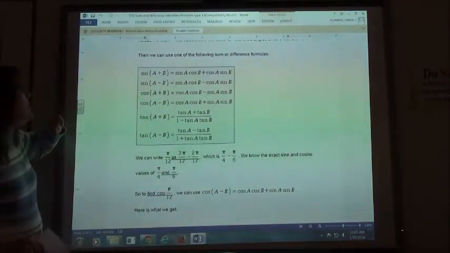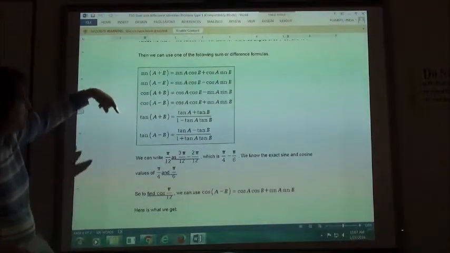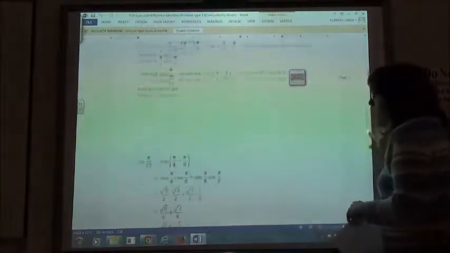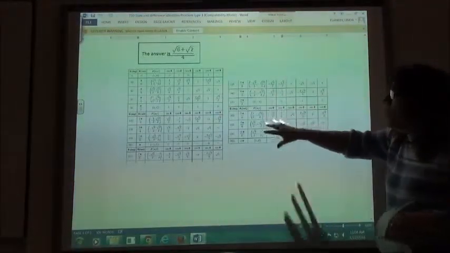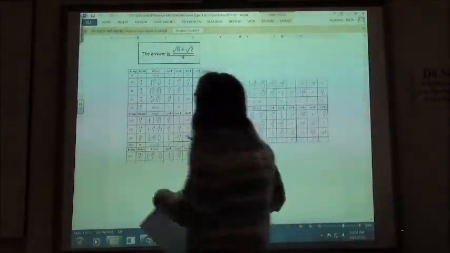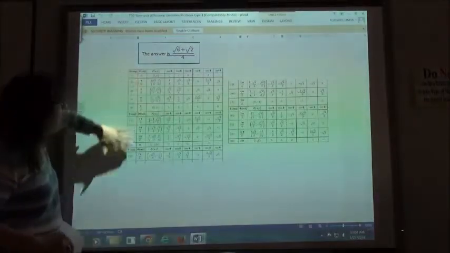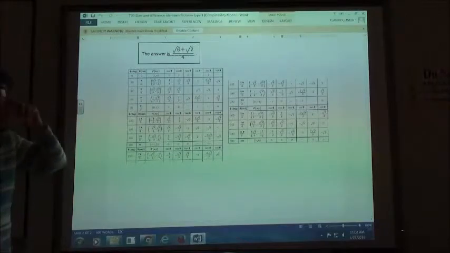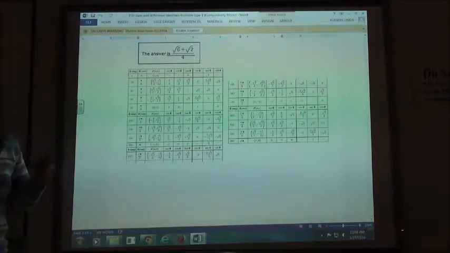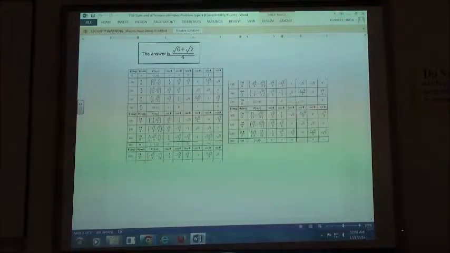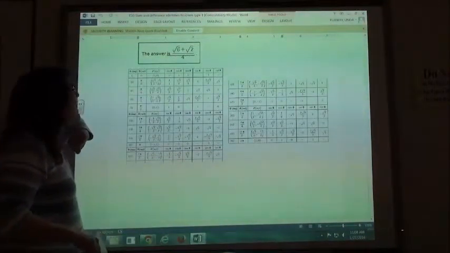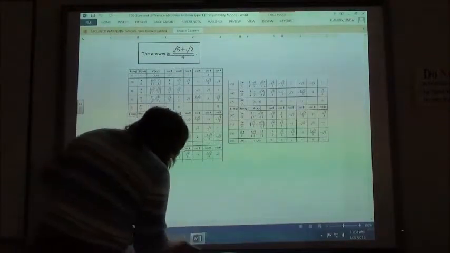Again, I'm just going to have them on my paper here so I don't have to flip back and forth to the screen. Also, again, on my notes, you're going to want to have the table here where you can look up what the sine, cosine, tangent of your angles are. And so if you have that piece of paper handy, I also have it on the bottom of this note sheet page, but I don't have it on every one of them. So you should have that paper somewhere because we've used it a lot. So you'll want to have that paper handy also. So if I go back over here,